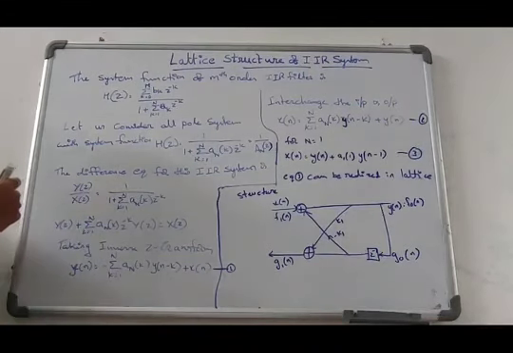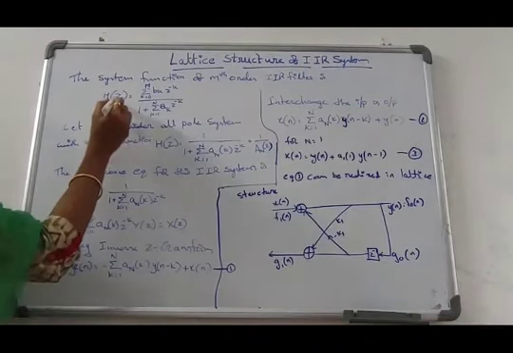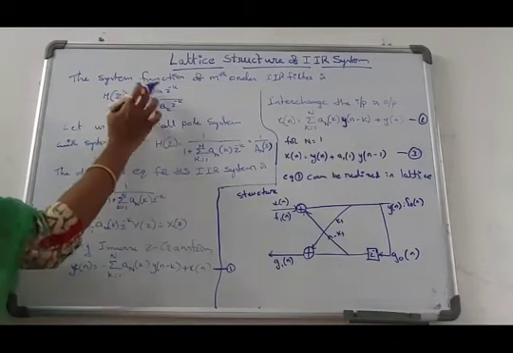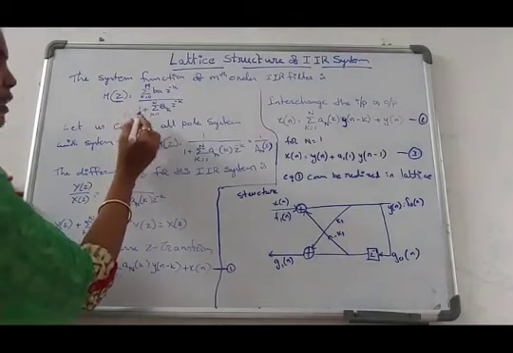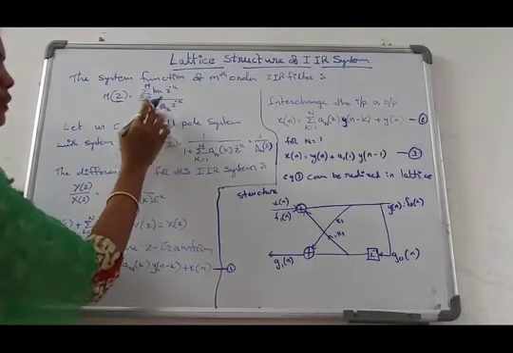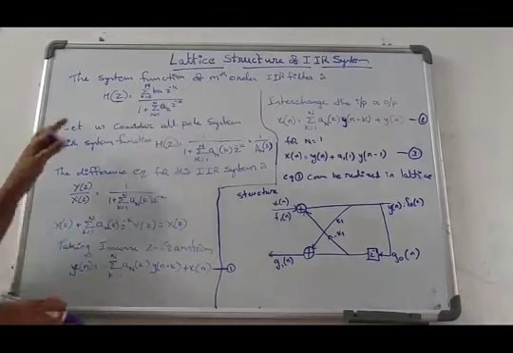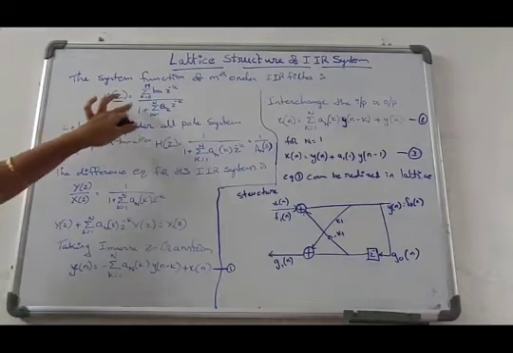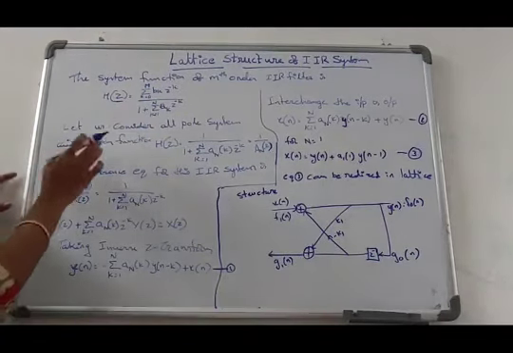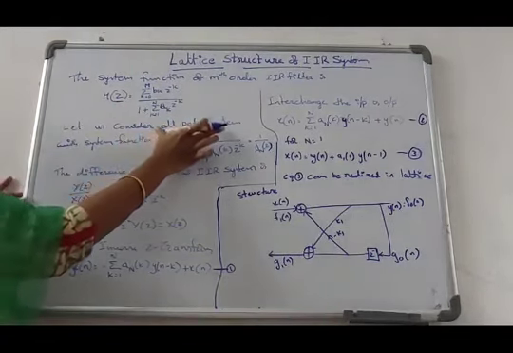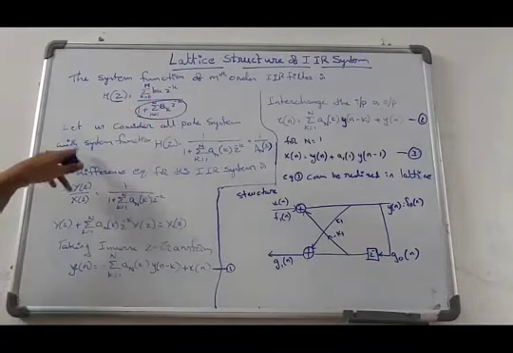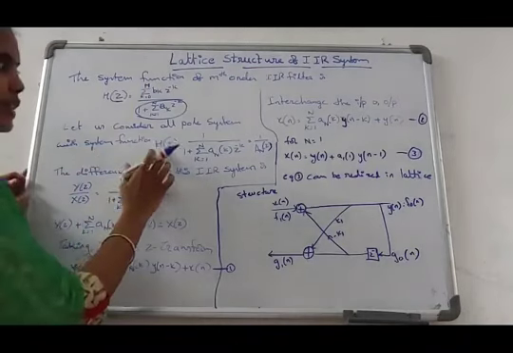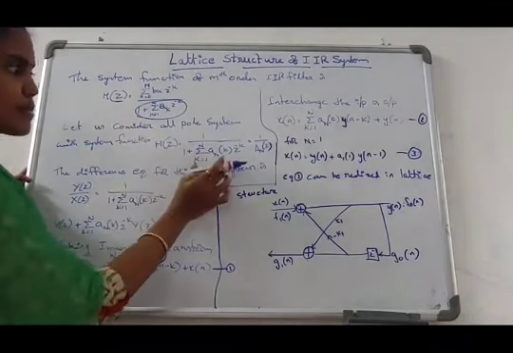As we already know, the system function H(z) is equal to summation k equal to 0 to M of b_k z power minus k, divided by 1 plus summation k equal to 1 to N of a_k z power minus k. So this is the system function for an IIR filter. Let us consider only poles. Only poles means you have to consider only the denominator part. So the system function is H(z) equal to 1 by